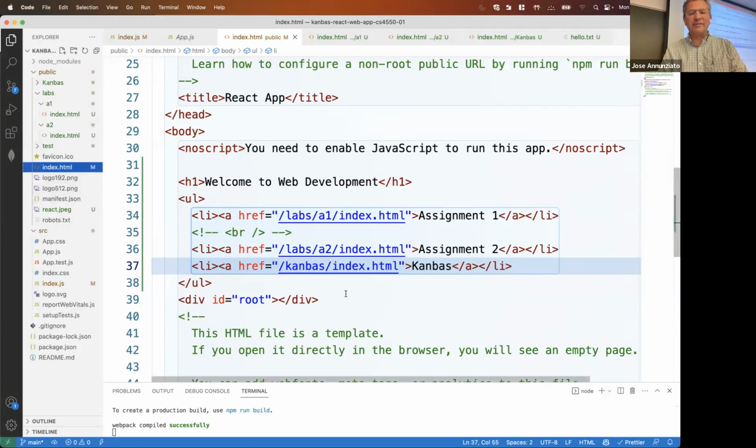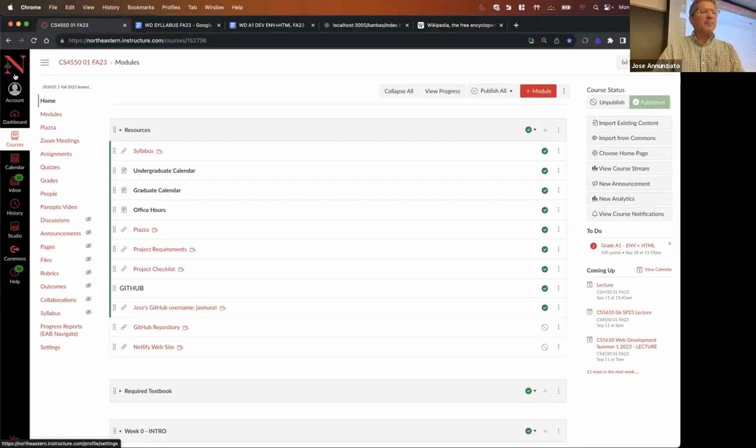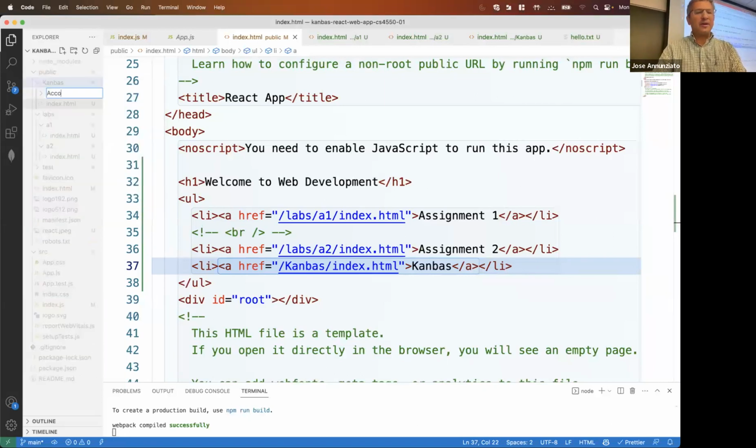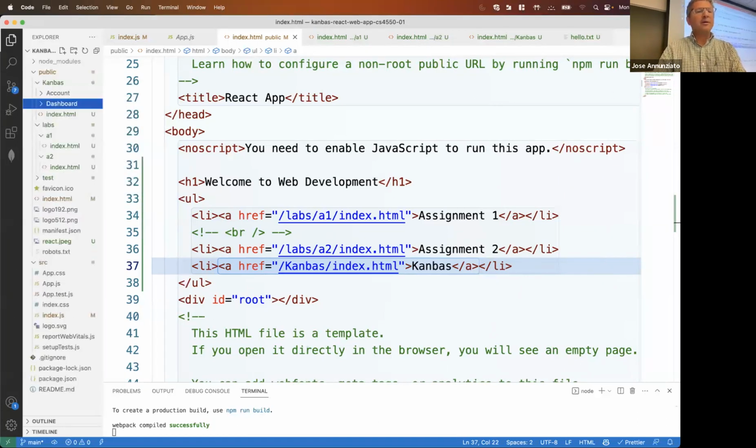Right now, it's not too relevant, but let me keep the capitalization like that. All right. Okay, so on the Kanbas, we're going to build a few things. We're going to build the account, the dashboard, courses. So let's create a directory for each one independently, right? So let's create here, account, dashboard, courses,